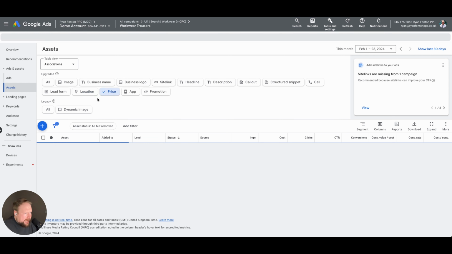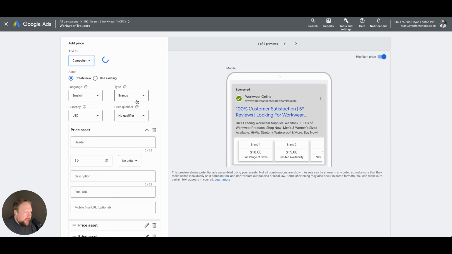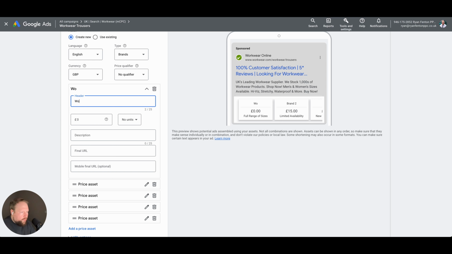If you wanted to, you could add some prices in here as well. So again, campaign, currency GBP. We don't need no qualifier, but you can add it if you want to, from £20 up to £50, you know, something like that if you wanted to. Header, workwear, trousers, 1. And we'll say it is £50. Units, we don't need that. Description, workwear, trousers, cool. Final URL, and then be something like workwear / trousers / Dickies, and we'll say